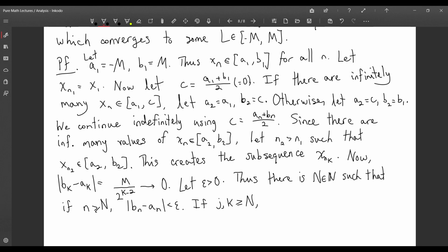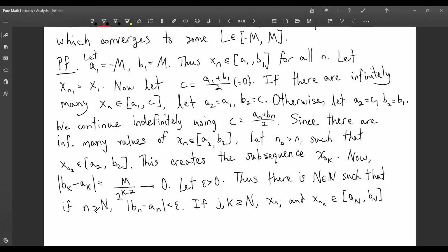Okay, so x sub n sub j and x sub n sub k are both going to be contained in a sub big N and b sub big N,